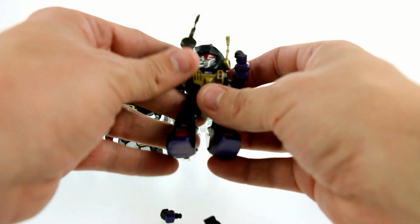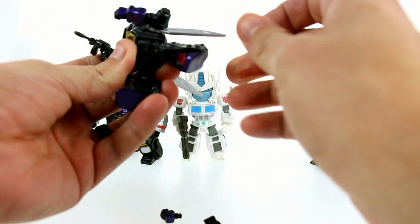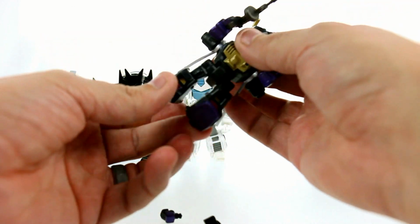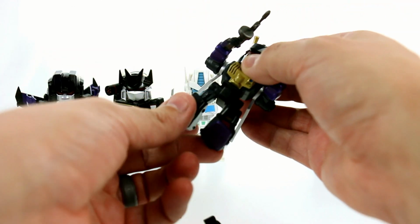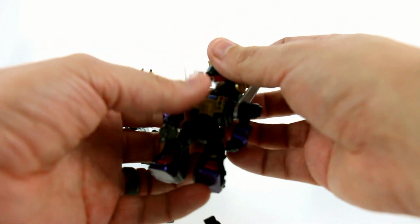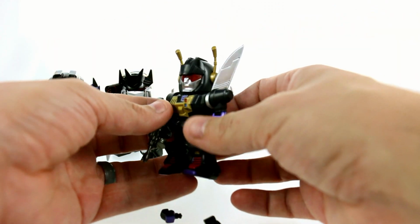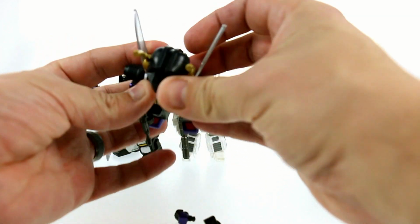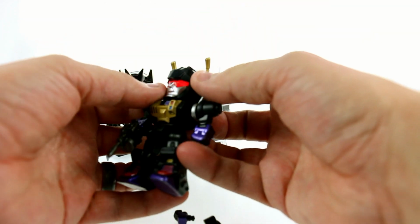really very nice. And then the legs actually move forward and back, which is different than all the other ones that rotate. I actually kind of like that articulation a little bit more, but the way that the design for him is, it really kind of helps facilitate that forward and back motion. So that's really very cool. I dig that. And again, like I said, you do have the light up eye gimmick with the really cool